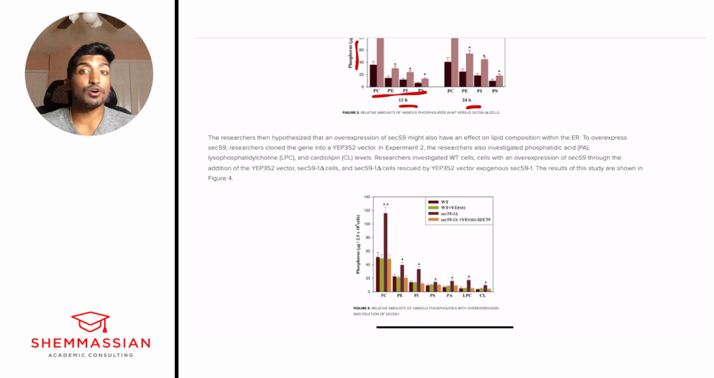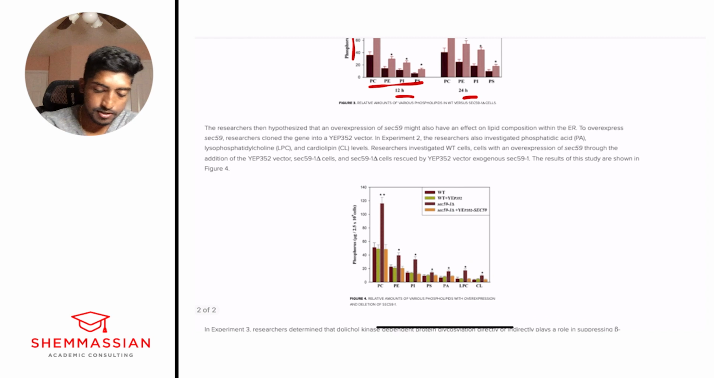All right, so a lot of details, a lot of words, knockouts, so many cells. We're not going to focus too much on it right now, right? We're just focusing on big picture understanding. Okay, so now we're looking at the overexpression of SEC59. So this is sort of experiment number 2, so I'll put 2 in a little box. And so we're looking at increase